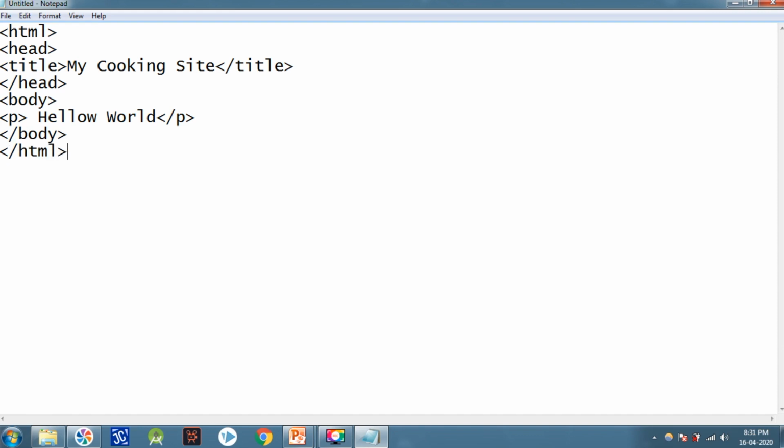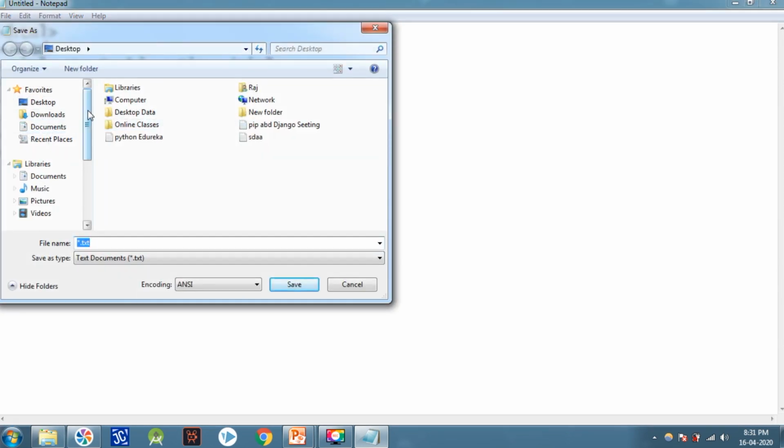And now what to do next? We have to save this file. Suppose I am going to save this file on the desktop. The file name can be anything. So for my first web page, I will write the name mypage.html.